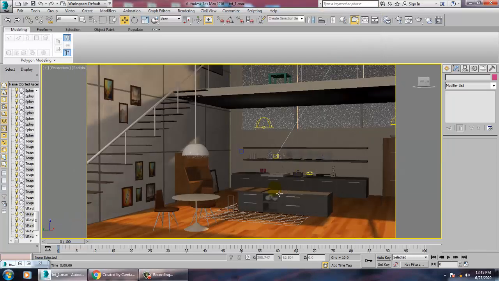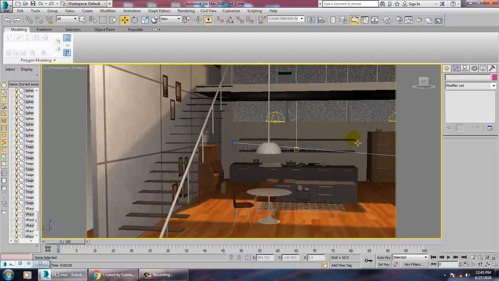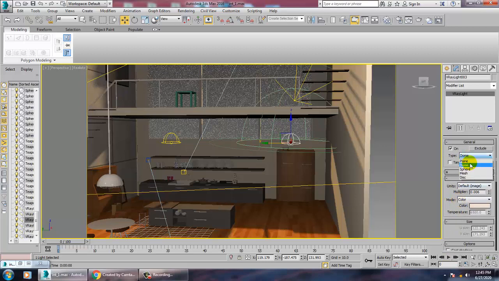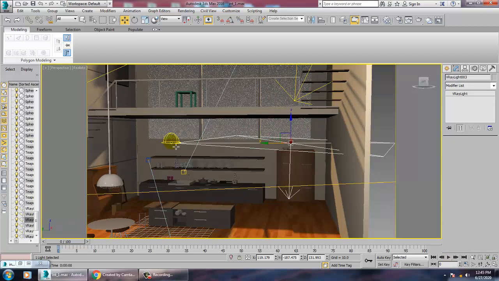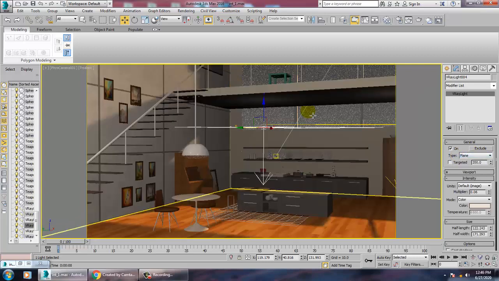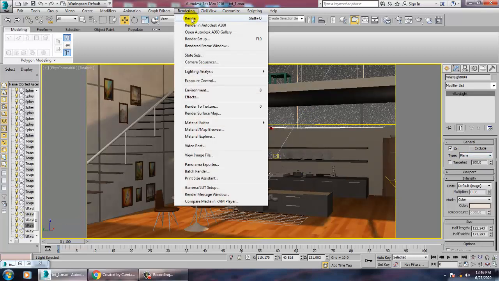If you don't want to use this as a dome light, you can change it into a plane again, and let's render this and see how it looks.